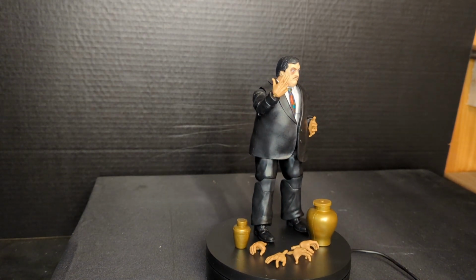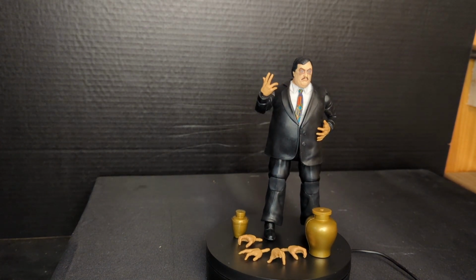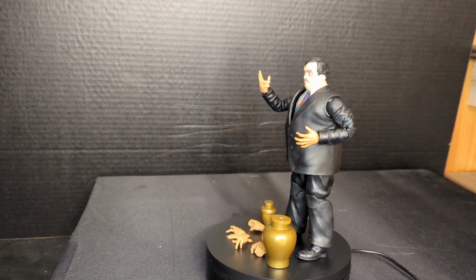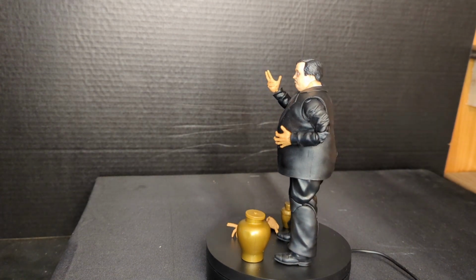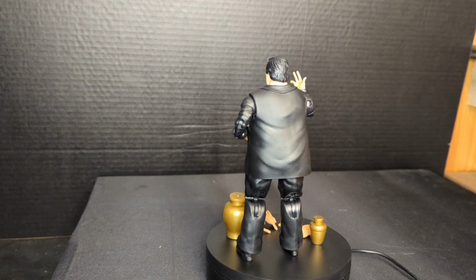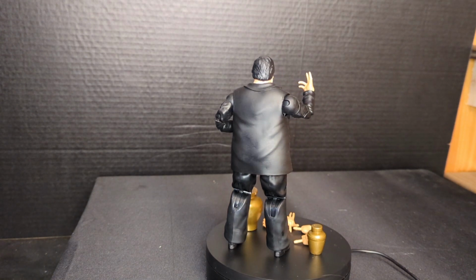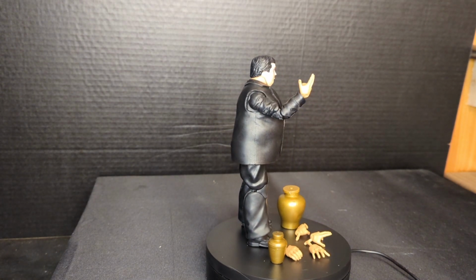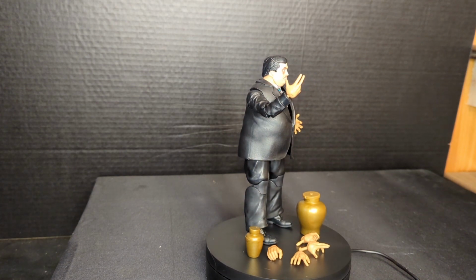If you guys want to trade any figures or anything like that, I'm absolutely up for trading figures, adding stuff to your collections, getting new stuff for my collection, that sort of thing. Like I said, I'm looking forward to that in the future, down the road. But for right now, guys, just if you have the chance to get a Paul Bearer,